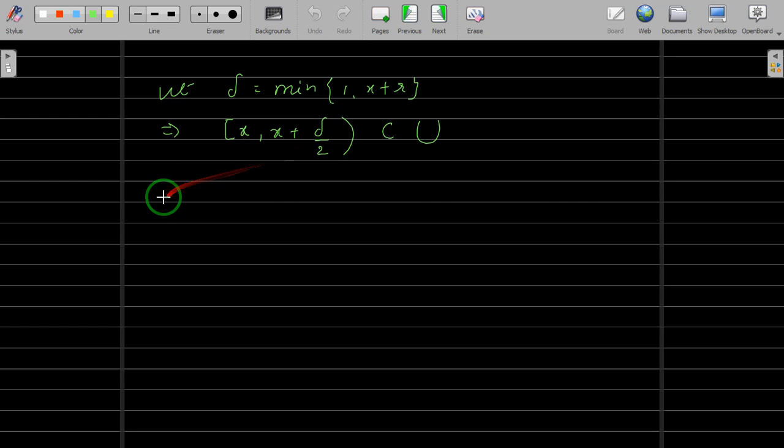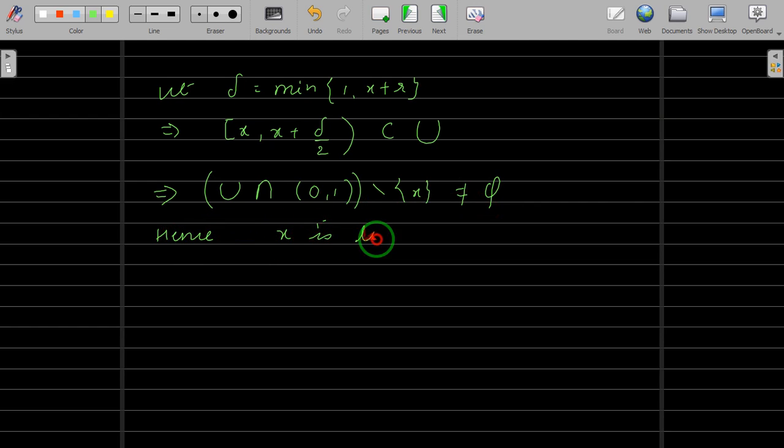And remember, this is an interval, it has infinitely many points, so this implies U intersection (0, 1), to take this, and this is infinite, in fact it's an uncountable set, and if you remove even a single point from this set, still it will be an uncountable set, or infinite set. So this implies this will be non-empty, and hence this x is a limit point